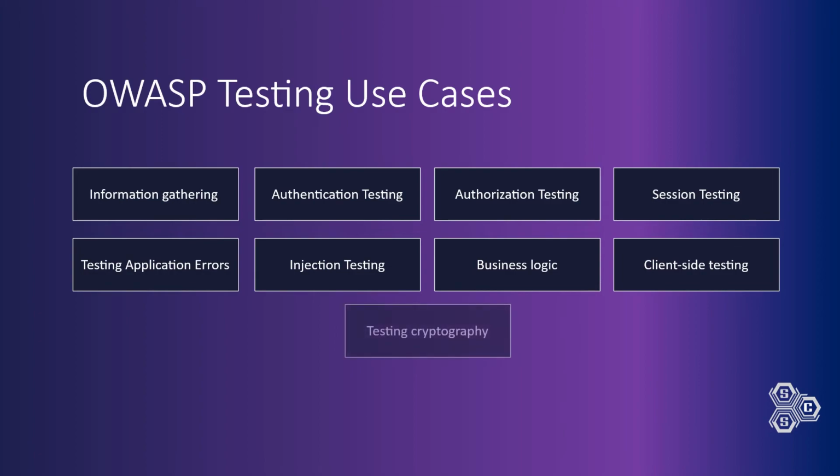The last set of use cases here would be cryptographic testing. This is where you test the application for weak cryptography implementations. These kinds of use cases and tests will allow you to attempt to bypass the set mechanisms and read data in clear text, which clearly shouldn't have been possible otherwise.